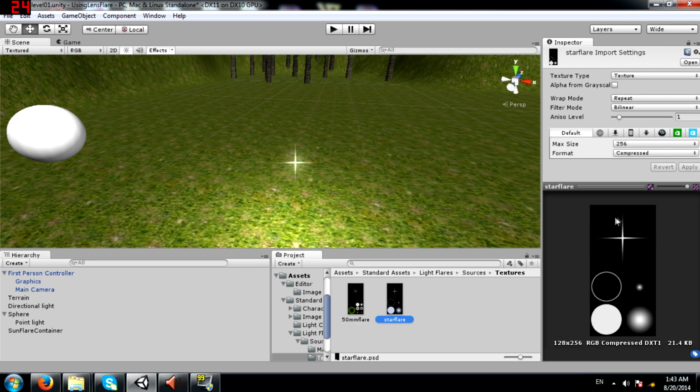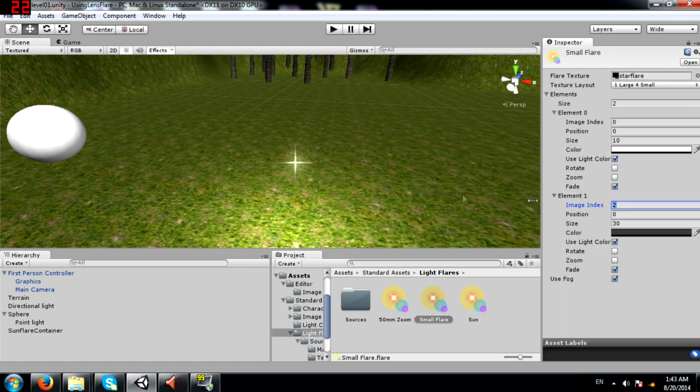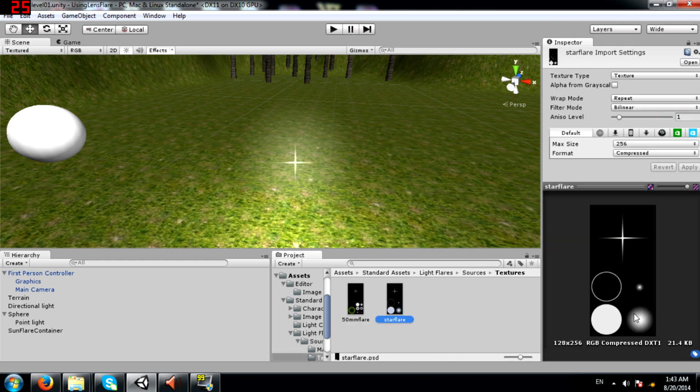So you can count it like this: 0, 1, 2, 3, 4. So that's the reason why you see such a small flare over here, and when I typed 2 in this image index, a very small flare came. If I type 4, then the bigger one is shown. That's this,